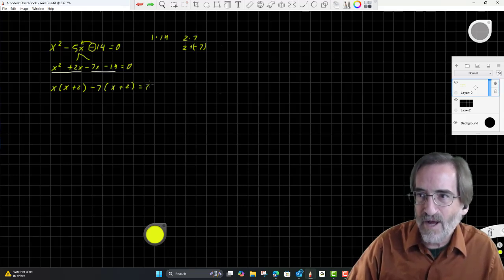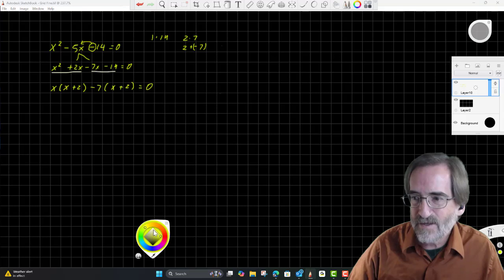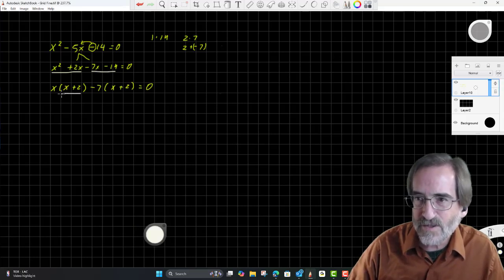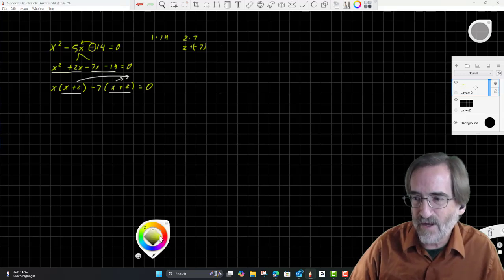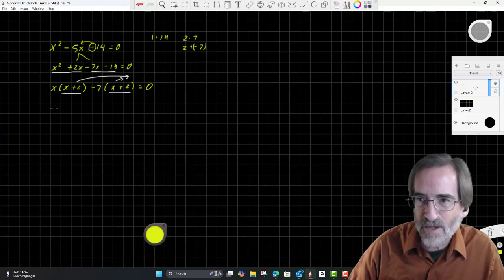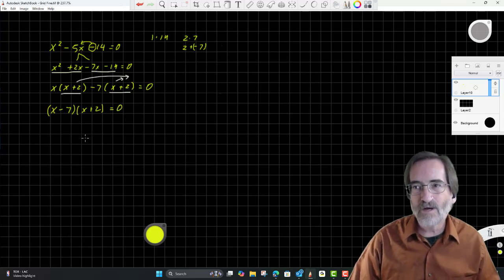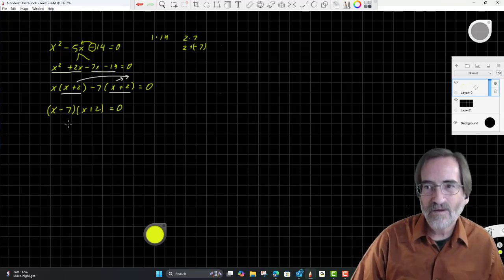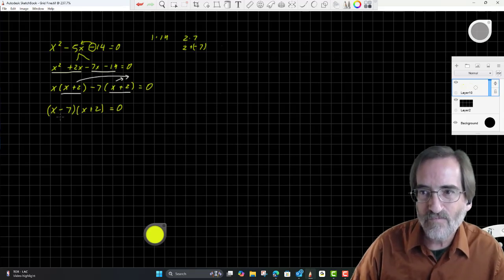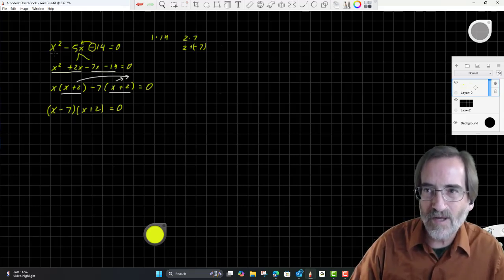Okay, and now notice something. Notice that there is an x plus 2 in both terms. So I'm going to factor that out. Factor out the x plus 2 out of both. What's left when I factor it out is x minus 7, and then I took out the x plus 2. Okay, there we go. We've got a product, or a pair of binomials that multiply to make x squared minus